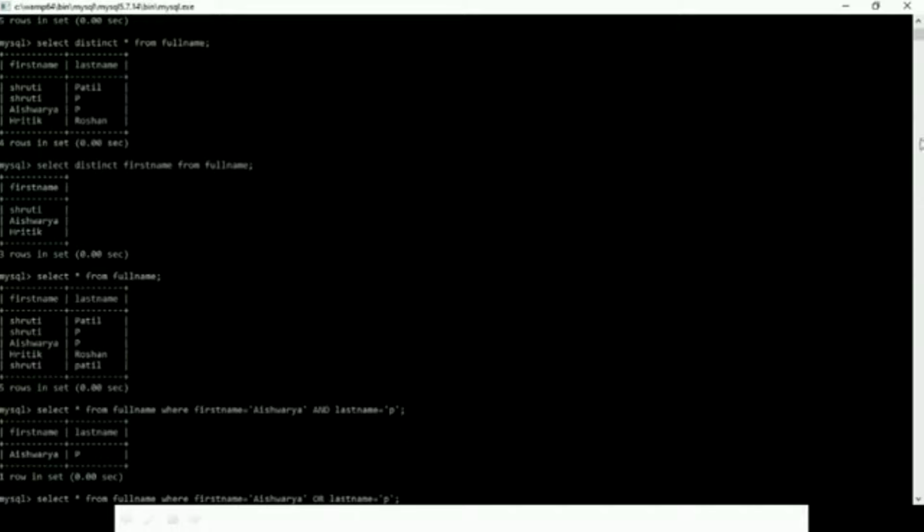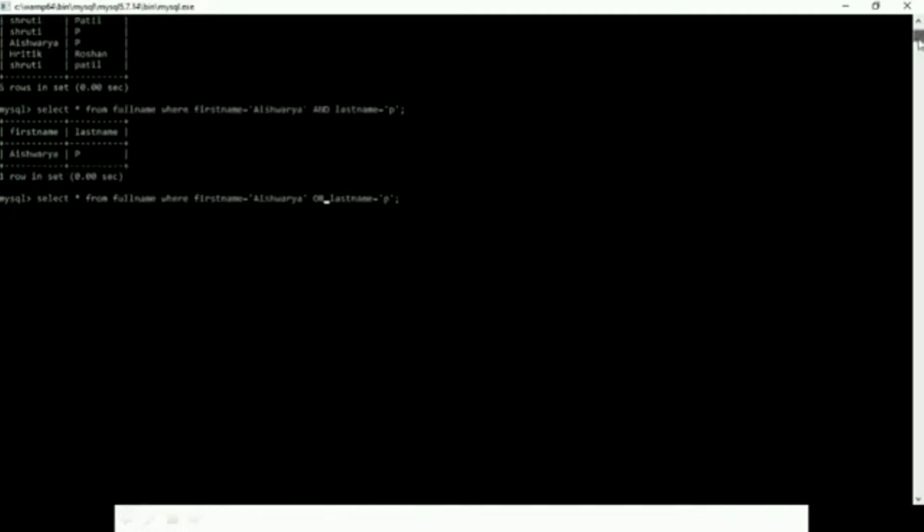अभी मैंने इधर क्या लिखा है, select star from the full name table where first name is Aishwarya और last name is P. पहले देखेंगे फर्स्ट नेम ऐश्वर्या किधर है, फर्स्ट नेम ऐश्वर्या इधर है, तो ये रिकॉर्ड तो रिट्रीव होगा इररिस्पेक्टिव ऑफ द सेकेंड कंडीशन, बिकॉज एक भी अगर कंडीशन ट्रू है तो वो रिट्रीव होगा। सो फर्स्ट नेम इज ऐश्वर्या इधर है तो ये थर्ड रिकॉर्ड तो रिट्रीव होगा। और क्या बोला है, लास्ट नेम पी, अगर ये होना चाहिए